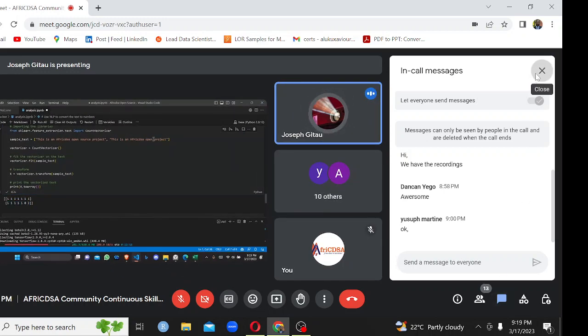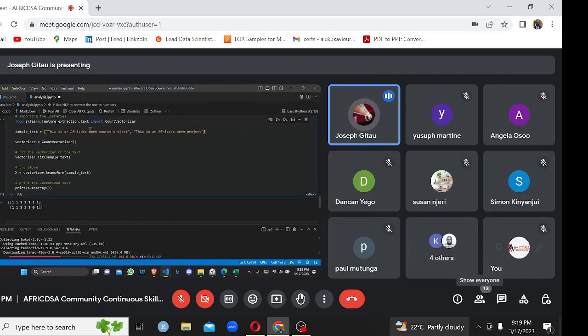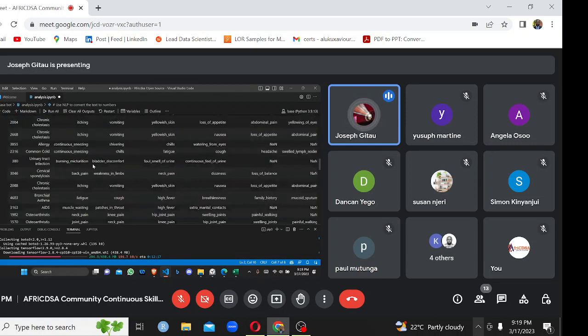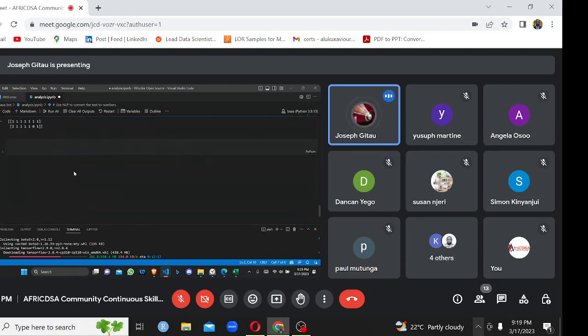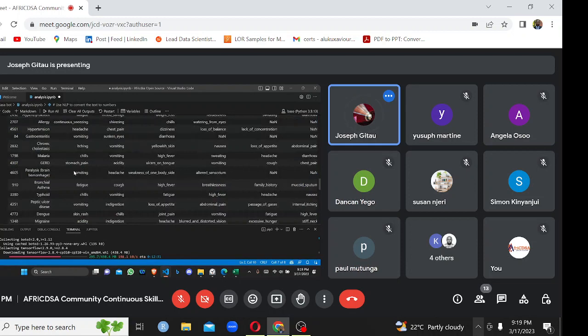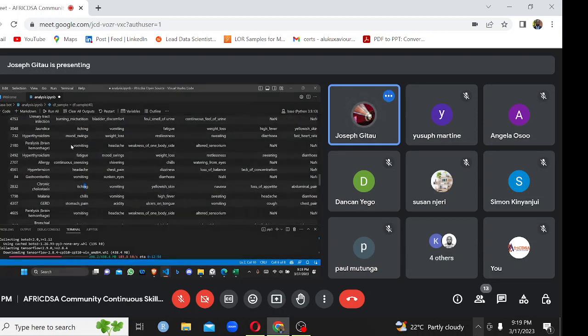But for this part, where I deleted the word source, you can see we have a zero since the text source is missing here. The same thing that has happened to this sample text will also happen to these text